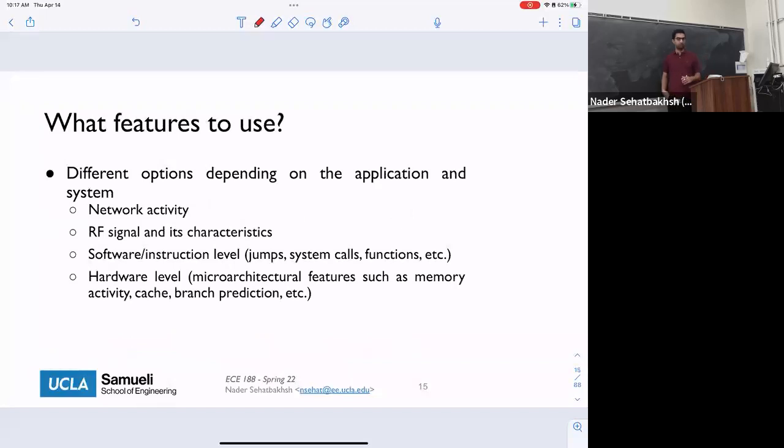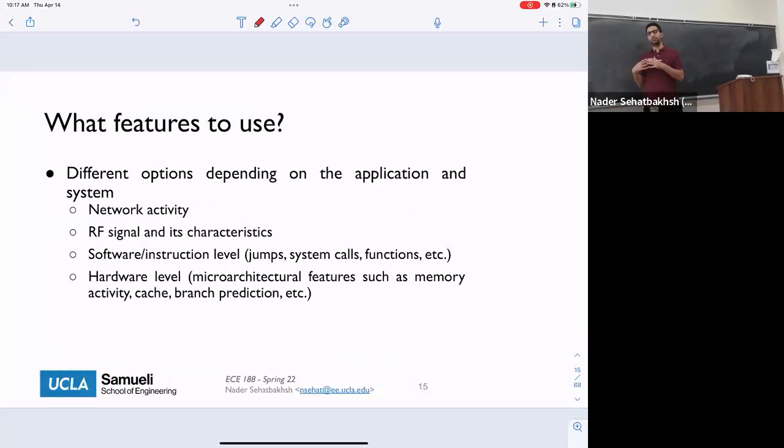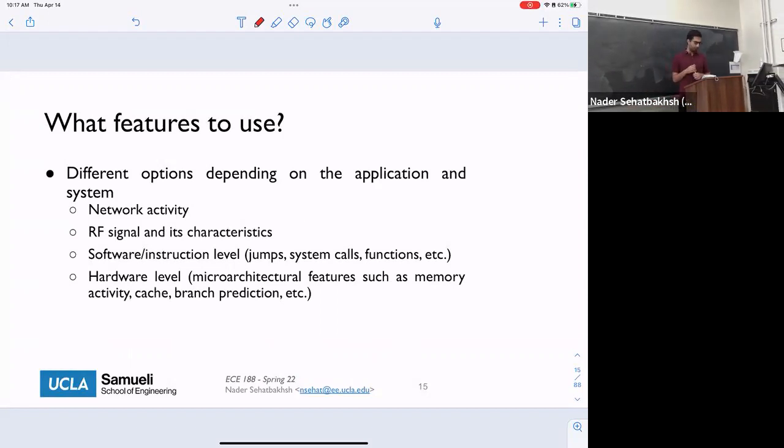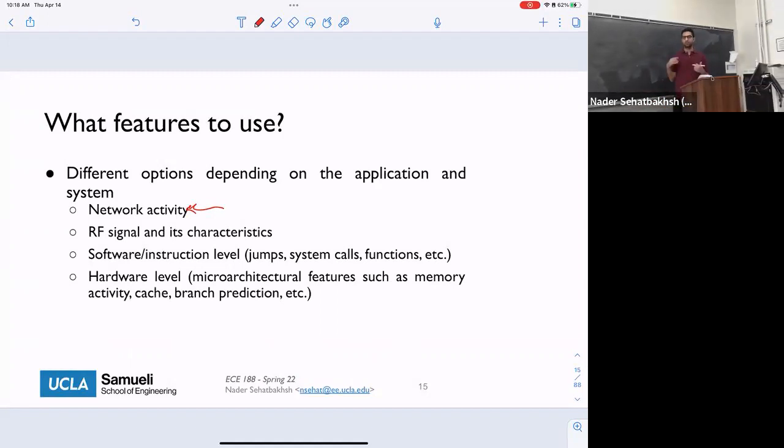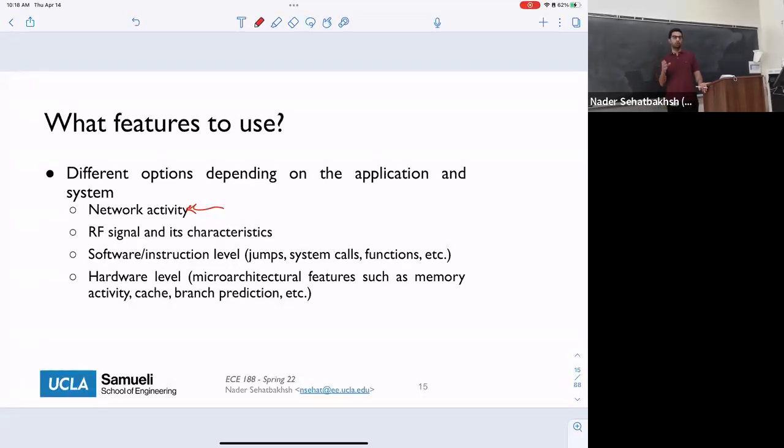All right. So the first question is what features to use. Remember, the very first thing is that we have a piece of software that we run, and we want to extract some features from it which are indicative of the behavior of the system. There are multiple different things that people look at. Network activity is one of the key things, like what sort of commands are being received or sent from a device. That's usually a very good indication of whether the system is being attacked, especially if you are worried about malware that's targeting the network. If malware wants to penetrate the system, it has to come from the network, so if you monitor network behavior, we can get this information.